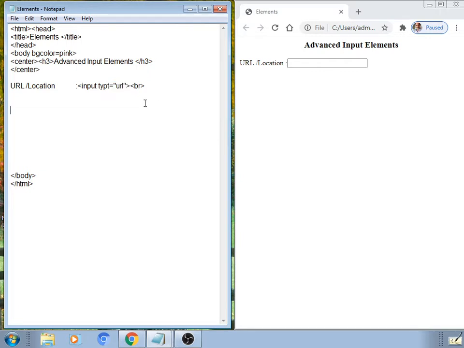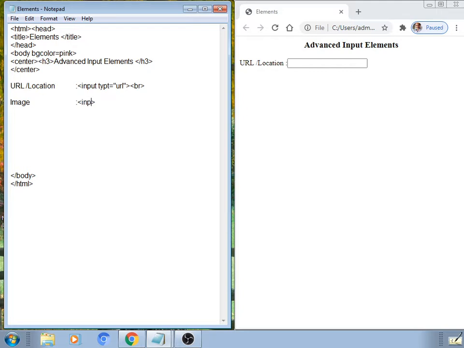This field is used for entering the URL, universal resource location. Same way, we can display an image within the image box, as well as a button that appears within such a box.